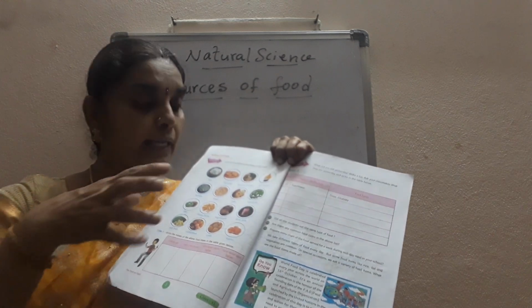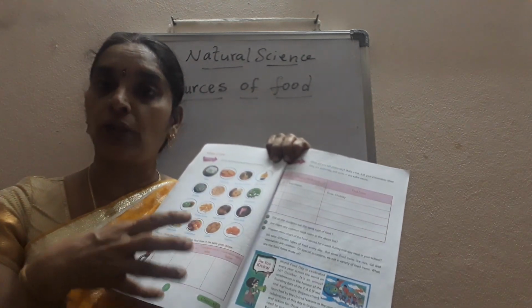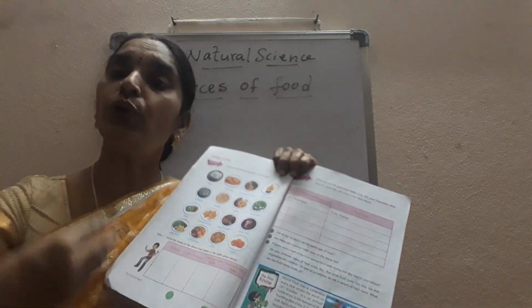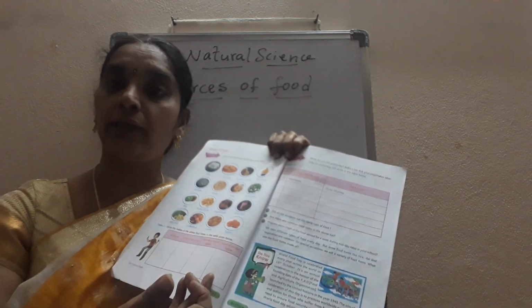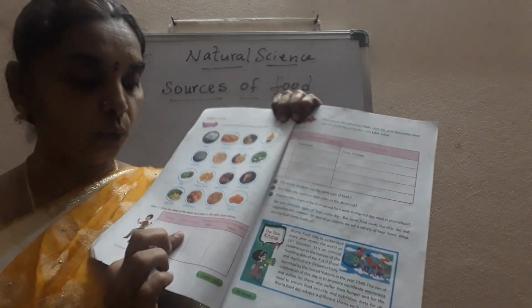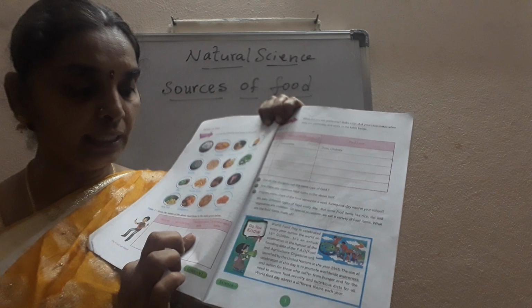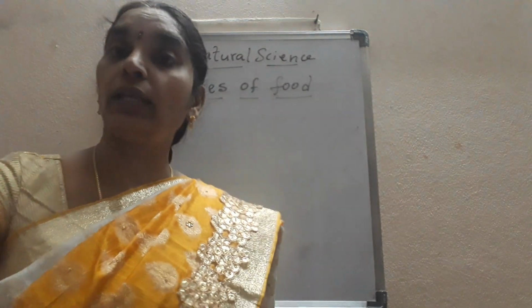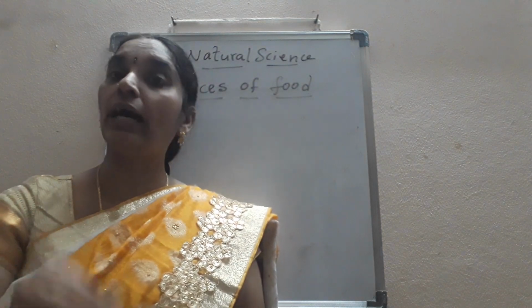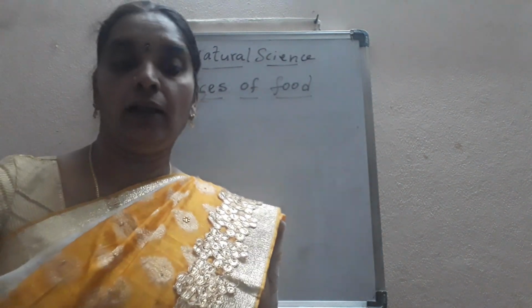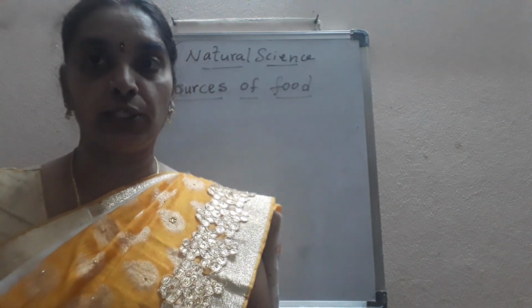So you categorize these things by what you have eaten and not eaten, and what you like more, include in that category and write here: I like to eat, I don't like to eat, I have never eaten before, and I have never seen before. So like that you can categorize the food items and write in that particular table of activity 1 on page number 2 that is given in your textbook.